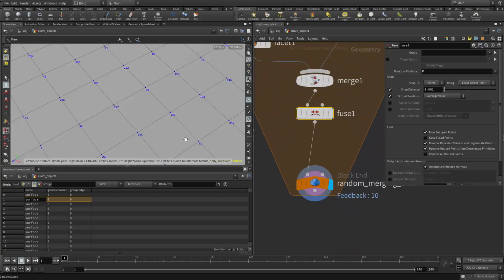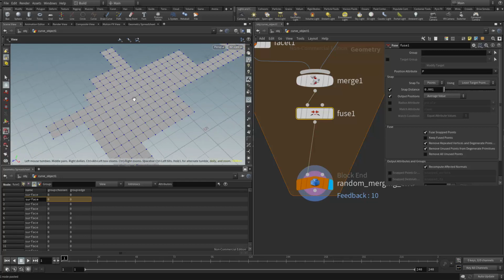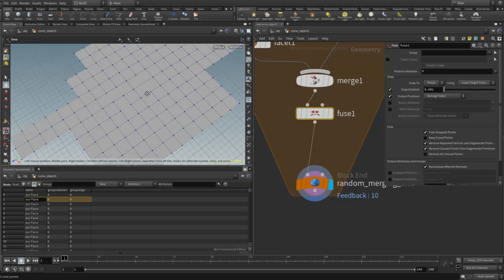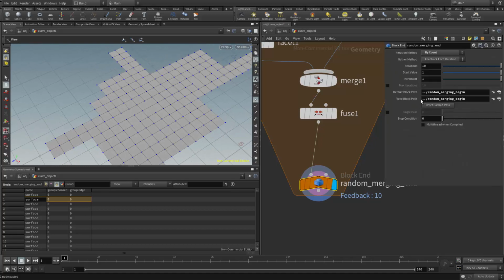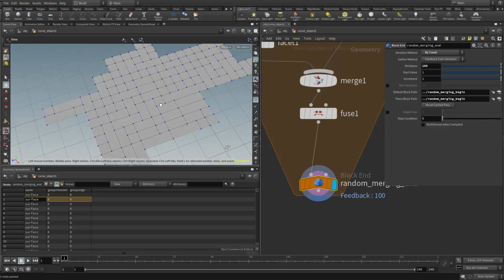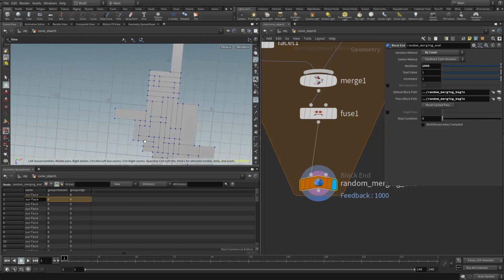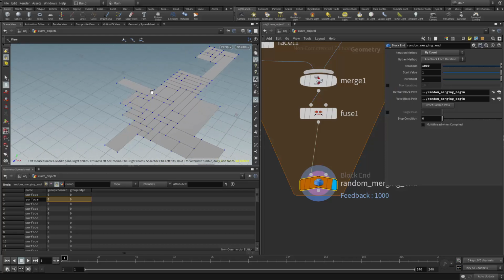Now take a look at the results. Alright, I'll turn off that. You can see now we have a bunch of faces fused together. If we just crank up the iteration to like 100, you can see we have more and more faces getting merged together, which is pretty cool. I change that to like 200 more, right, 1,000. You can see now we're getting pretty cool results, right? A lot of like